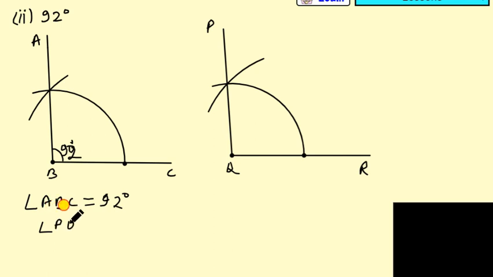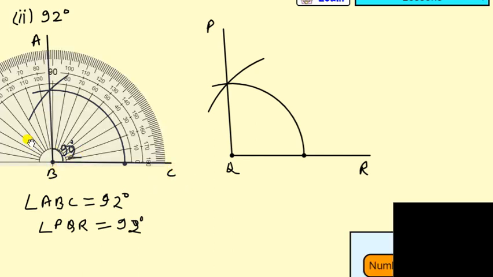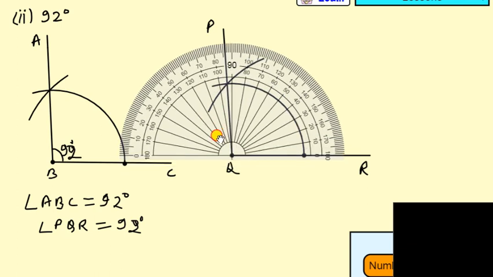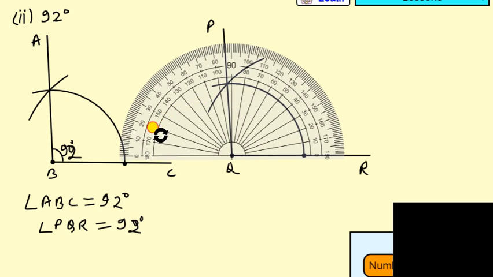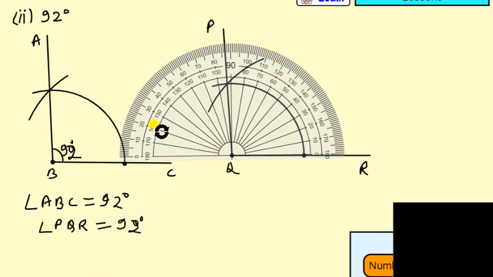First of all, you can draw a line segment and then make an angle of 92 degrees with the help of this protractor. Where is the 92 degree? You can see here it is the 90 and here is 92. This point is 92. Now remove this and draw a line segment from here. So this angle will be your 92 degrees.